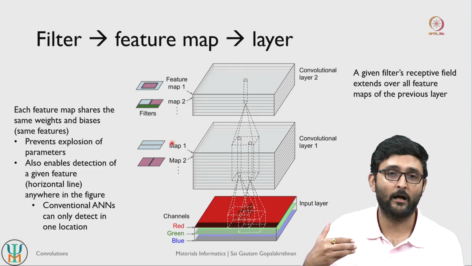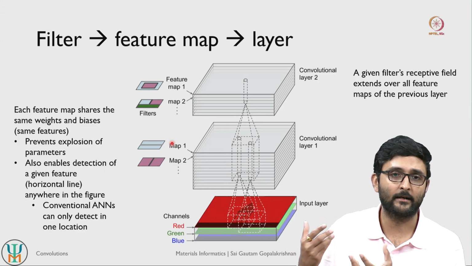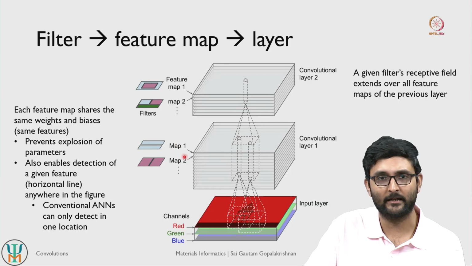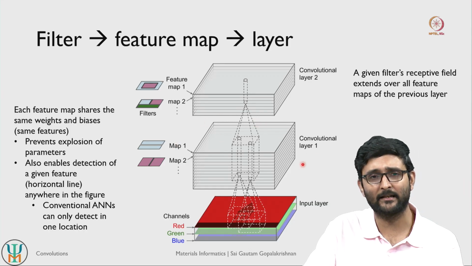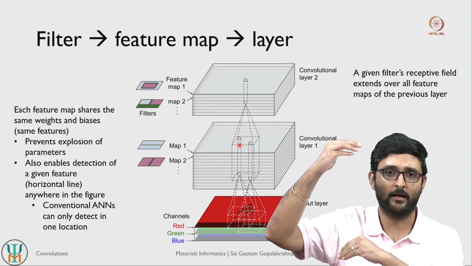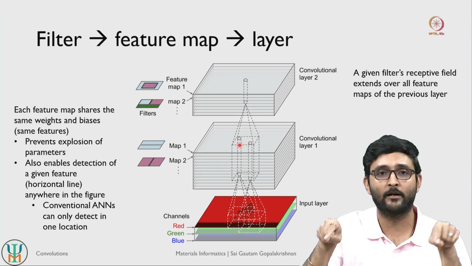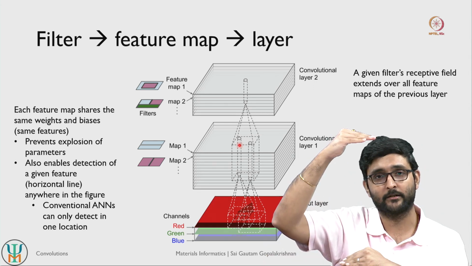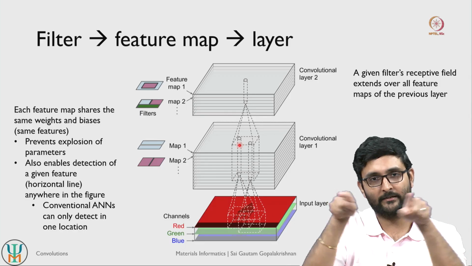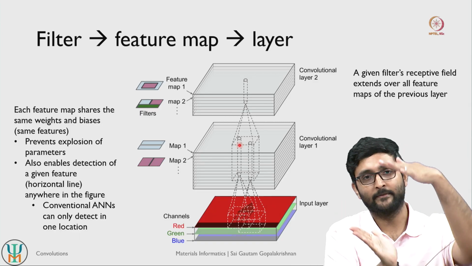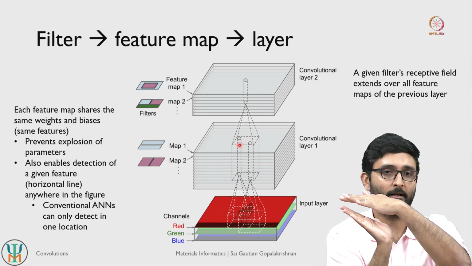And in any given convolutional layer, if we give the model a certain number of filters, for each filter we will basically create a feature map, we will basically create a layer, right. So our input image may be a single layer, but the more filters we use, the more layers we actually stack up, or the more maps we actually stack up in a given convolutional layer. So your convolutional layer is no longer a 2-dimensional object, it is actually a 3-dimensional object, right. So for one filter you just get one map, for 2 filters you get 2 maps, for 3 filters you get 3 maps, and so on. The stack of these 3 maps is basically your convolutional layer, right.